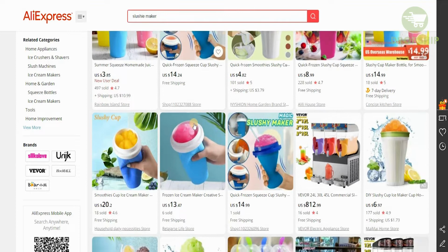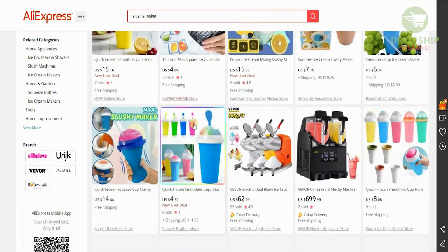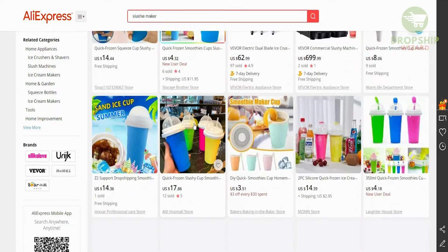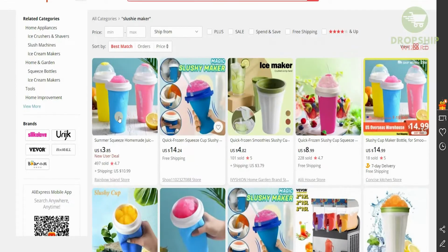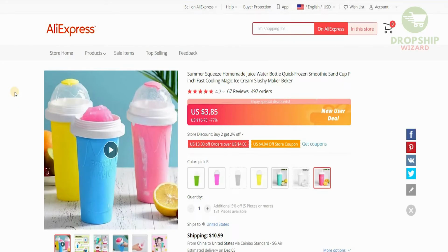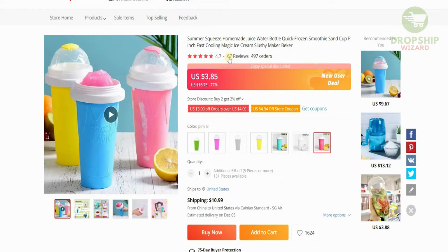But if you scroll down, you want to find a seller that has sold more than them. Then obviously you will check out the price for it, compare it, and then select it. So this is the best price we're finding over here. So let's select this product. Once you click on it, you'll be taken to the next page. Now, obviously, you'll have the full detail, the amount of reviews, the amount of orders,